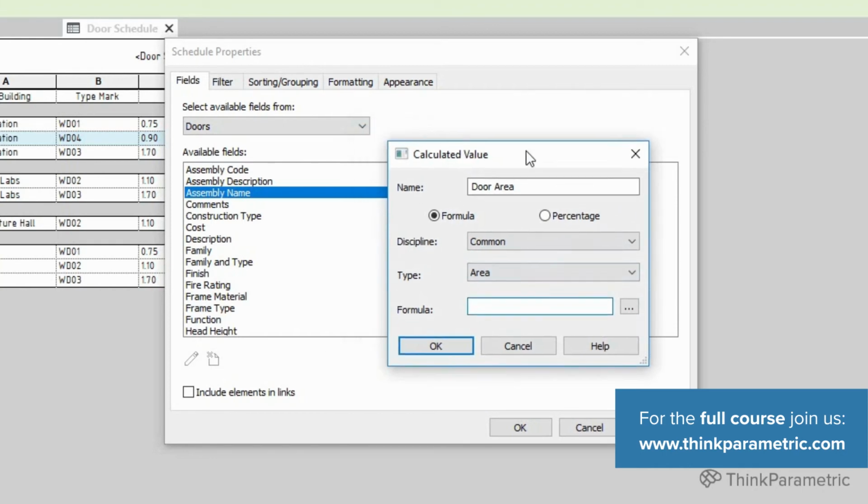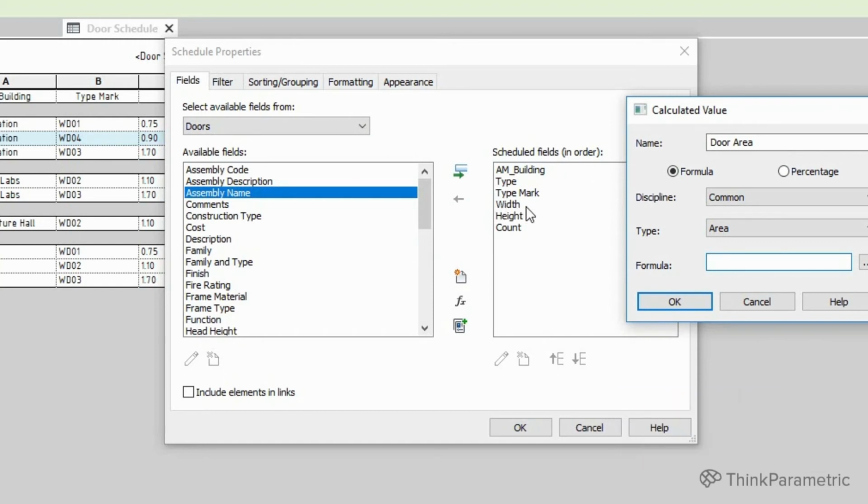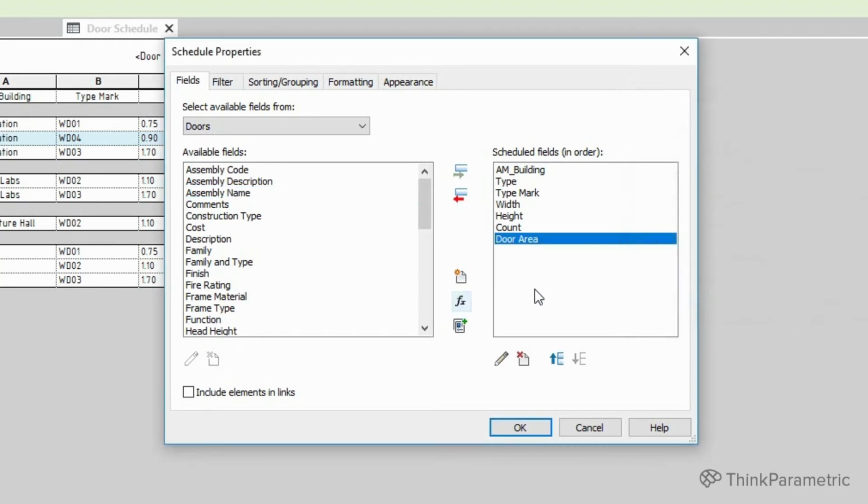The formula will be something very simple. We want to include the name, this one, width, multiplied by height. So we have to write it exactly as it is, since it's a case-sensitive operation. And then click OK. Here you can see we have a door area parameter.